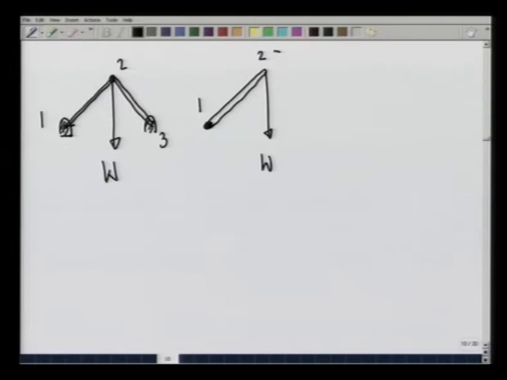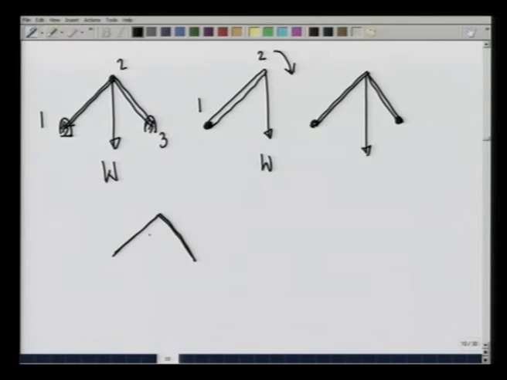The rod will tend to rotate like this. To stop that, what I do is I put another rod here, so that this is an isosceles triangle, and make a fixed joint on the other side also, and then the load is here. But the moment I do that, you see, if I look at this structure